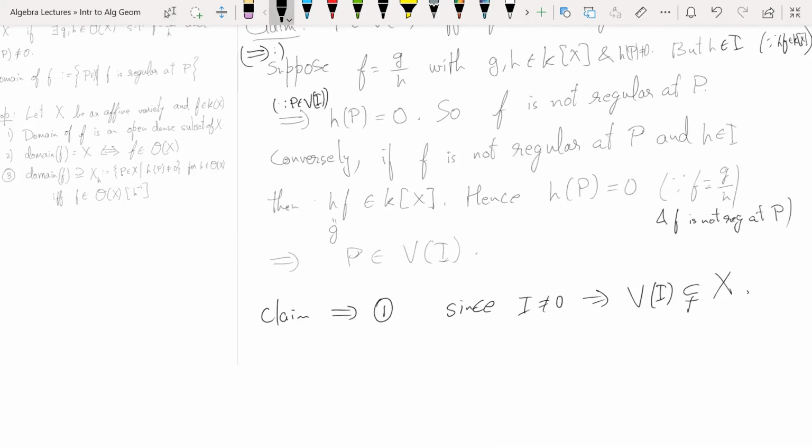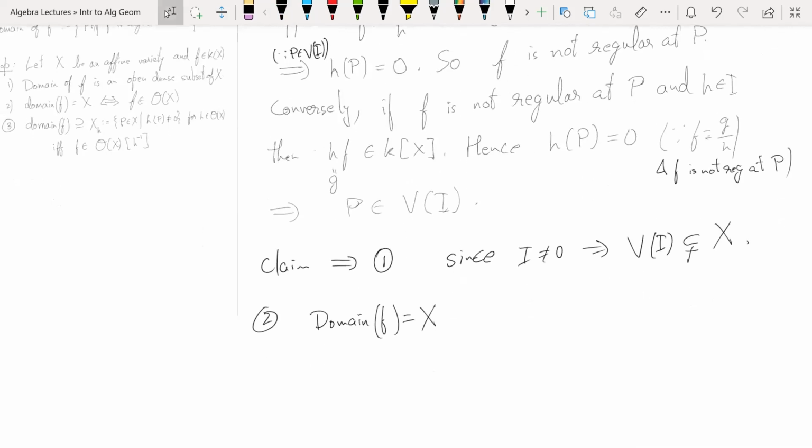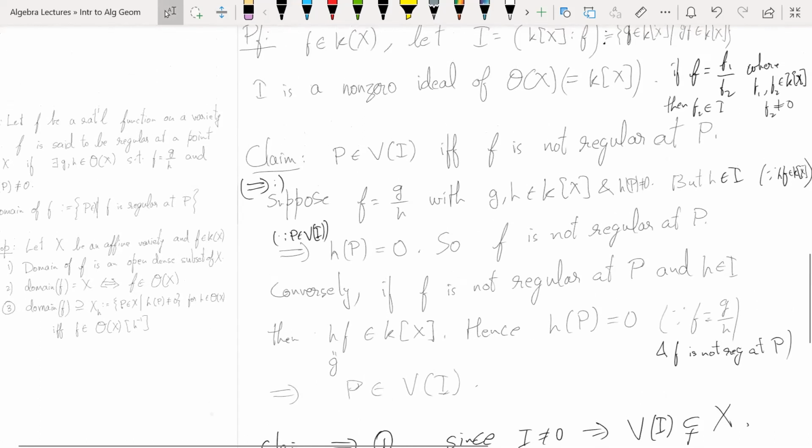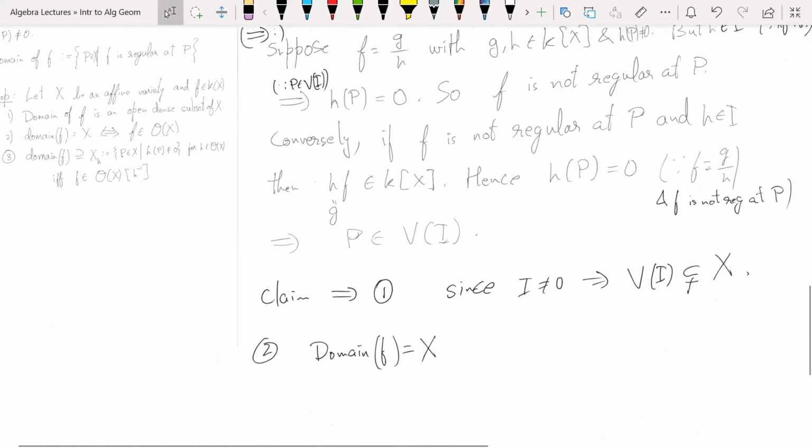And for 2, the domain of F: of course, if F is regular, the domain of F is the whole of X. And if the domain of F is equal to X, what does that mean? So we have